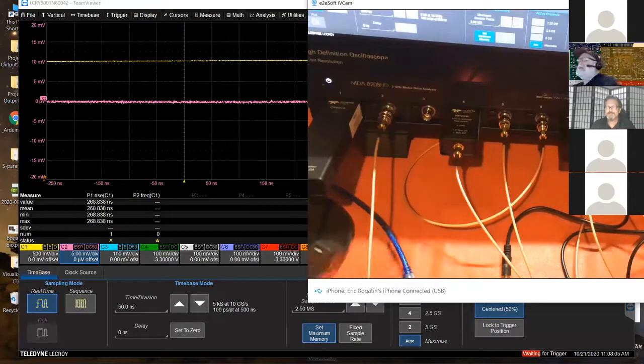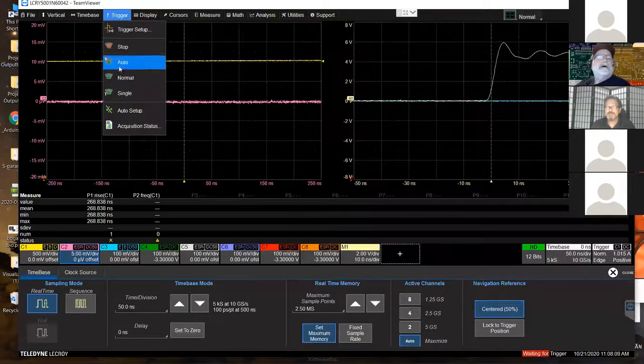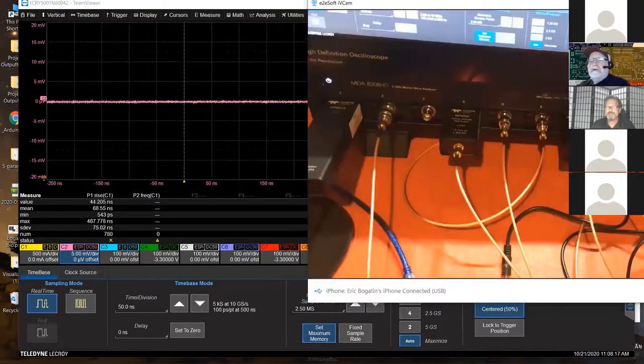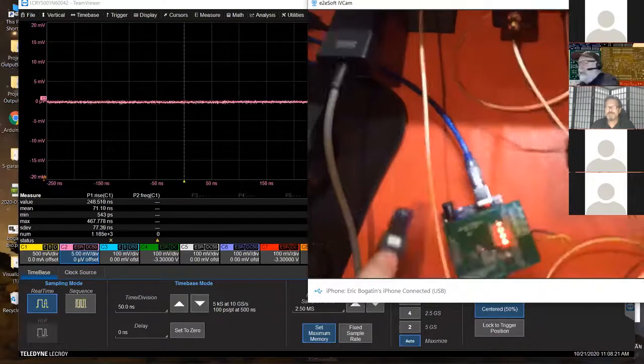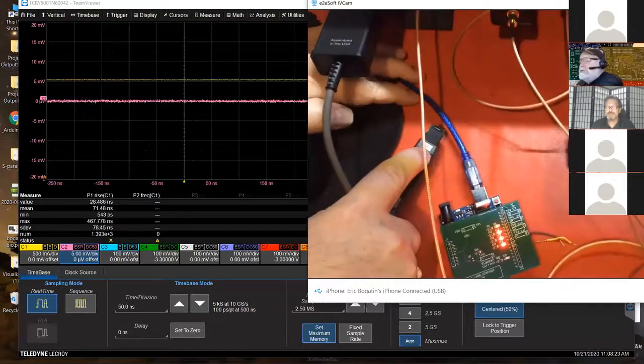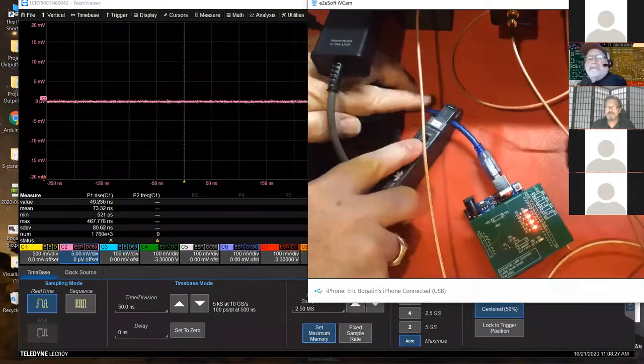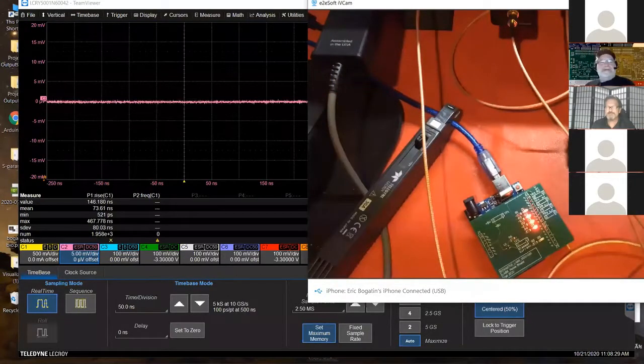So I've got it set up here. I'm going to go back to our auto trigger mode here. So here it is, and I'm going to clamp it. I'll show you the picture of what we're doing. I'm going to clamp it around the cable, and we're going to measure how much common current we have going through the power cable. So I don't know if you can see it, but I didn't see any change. We're looking at,